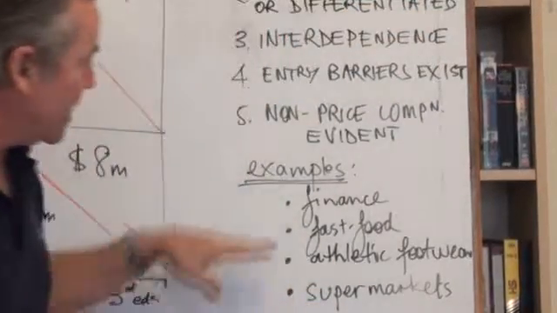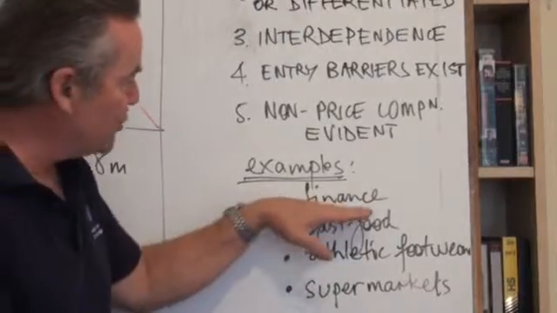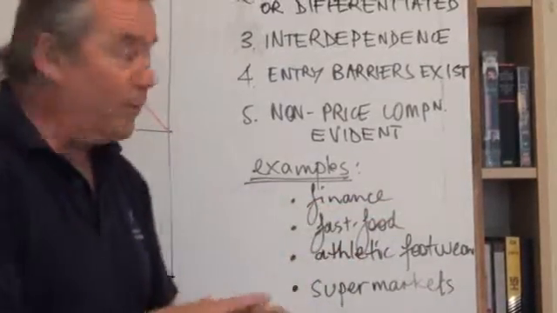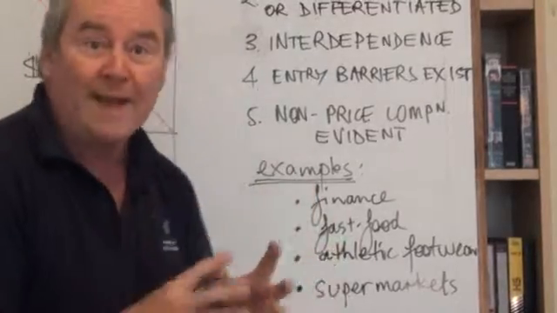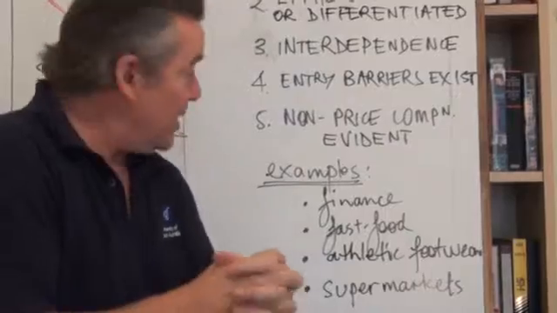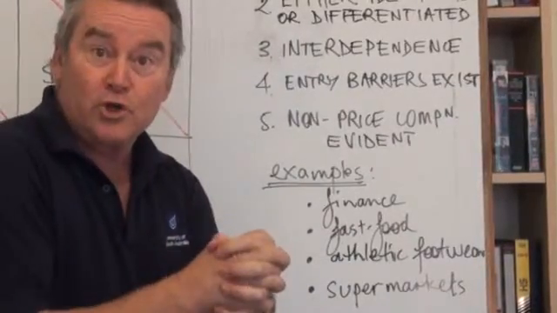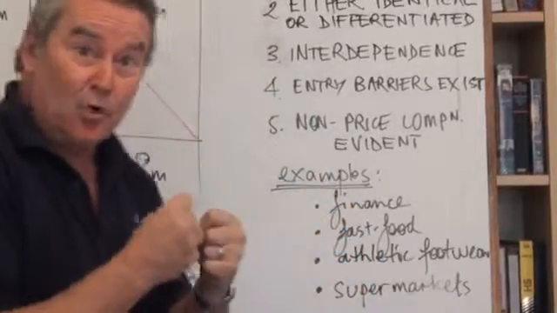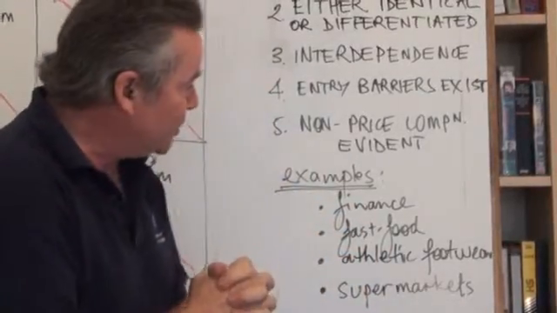Have a look down here. What are we talking about? Industries, for example, the finance industry, where in Australia we talk about the big 4 banks. The big 4 add together their total contribution to industry output, and they make up about 70% of all financial products and services in Australia.